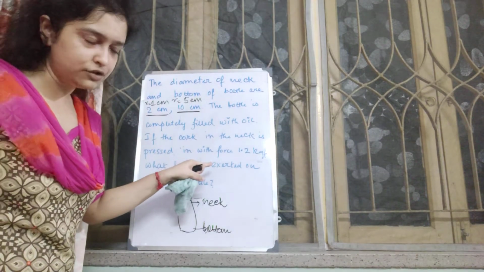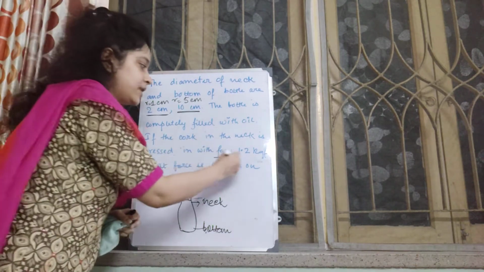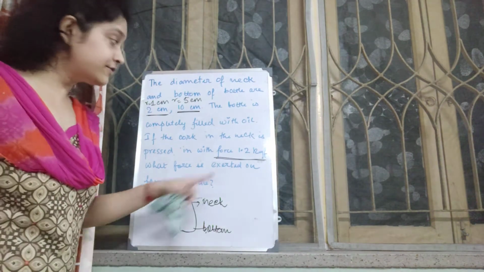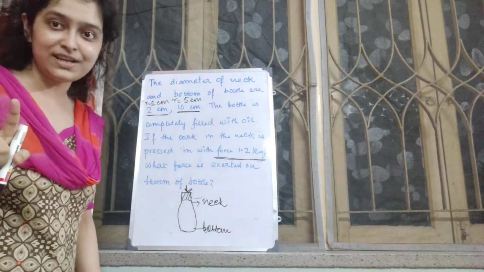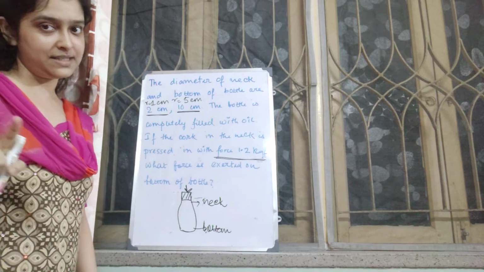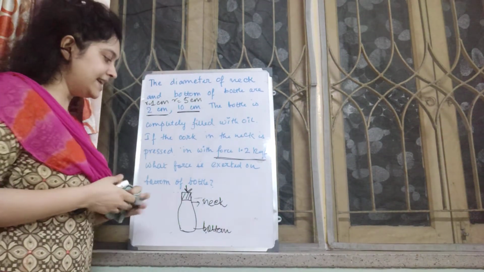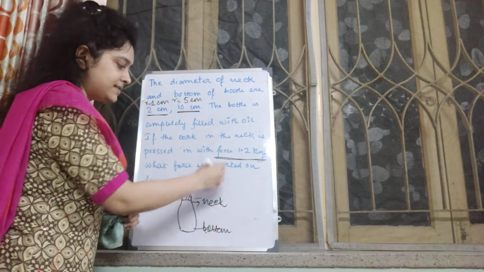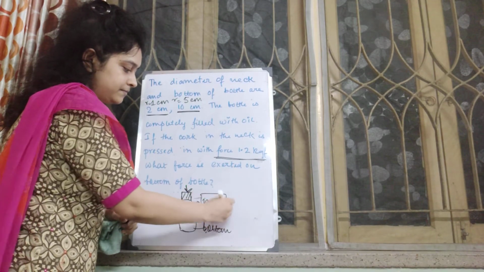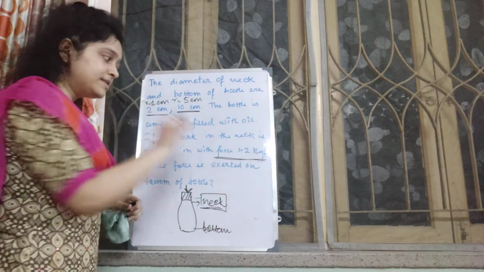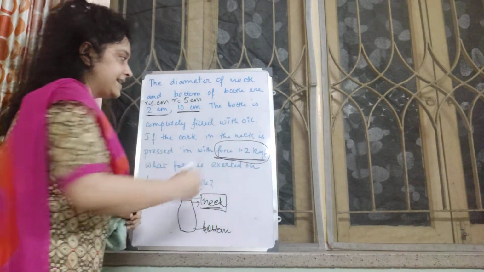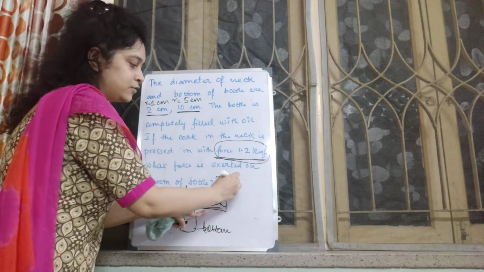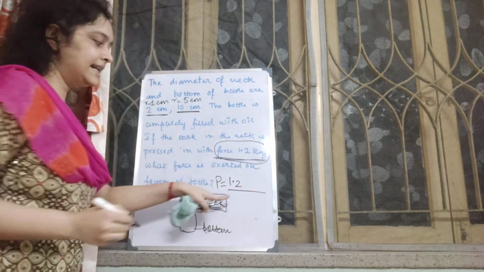Pressure directly is not given to you. Force is given, 1.2 kgf. What force is exerted on the bottom of the bottle? Don't write 1.2 kgf. Force is not equally transmitted. Pressure is equally transmitted. That means, can I find the force applied on the neck? What is the pressure applied on the neck? Can I write 1.2 by the area of the neck?